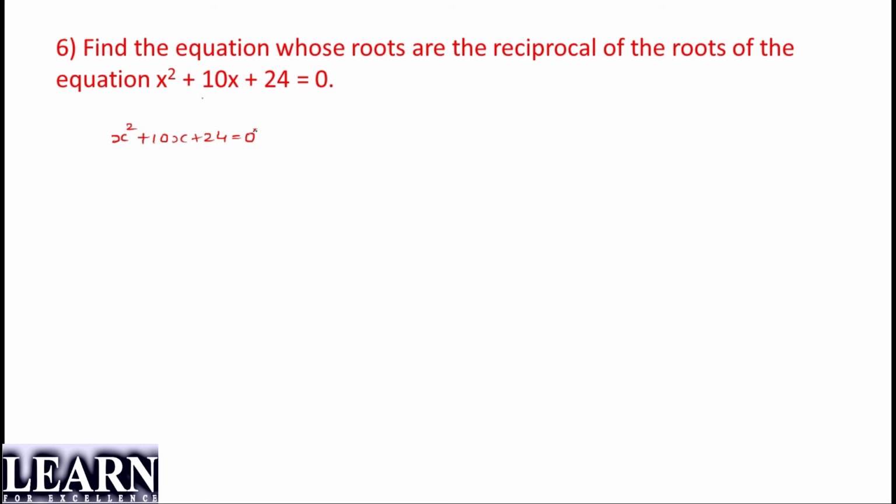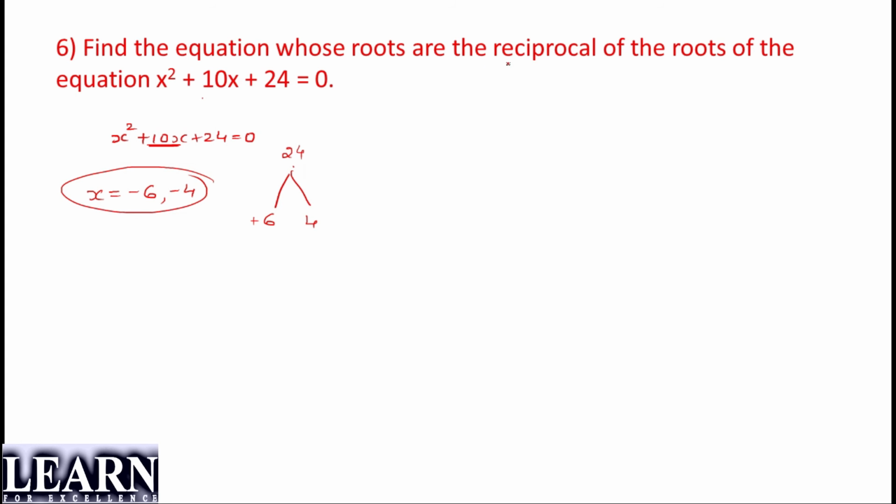If this is the case, then first we'll find out the roots. So we know what is the tree value. Tree value is 24. We need to find out the branch values. Branch value can be 6 and 4, right? So when this is positive, this will also be positive. So we have positive 6 and positive 4. So I can directly say answer is x equal to minus 6 and minus 4.